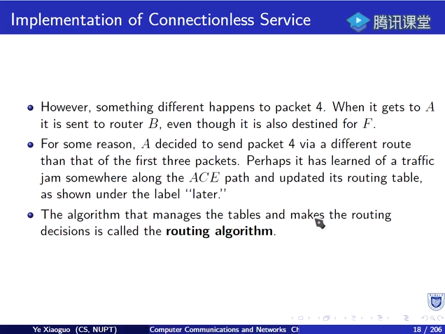Why? Because the routing table has changed at that time. Perhaps it has learned of a traffic jam somewhere along the path ACE and updated its routing table as shown under the label